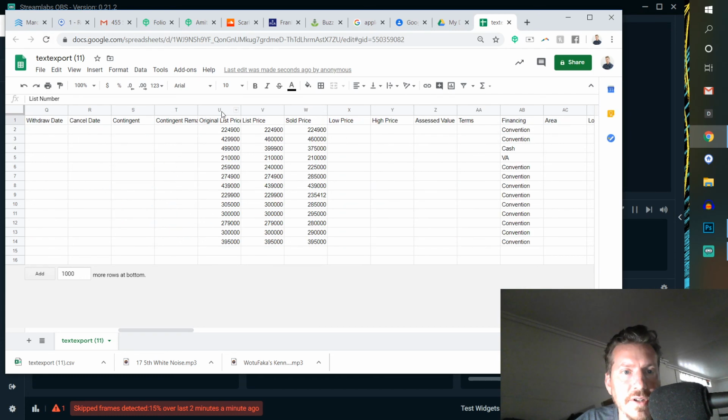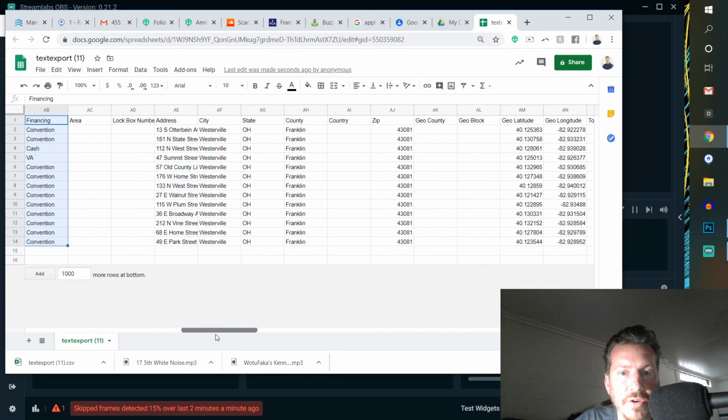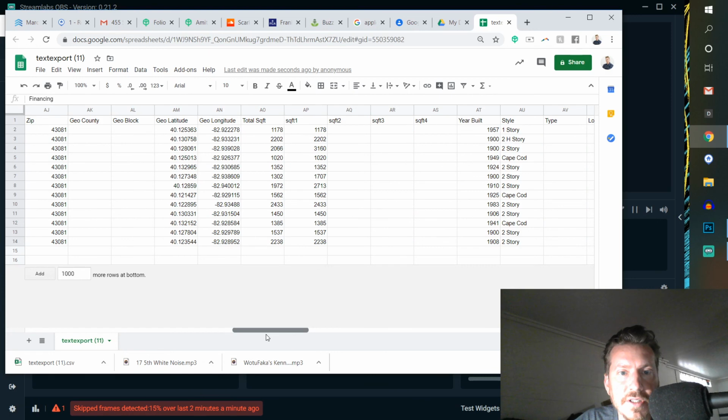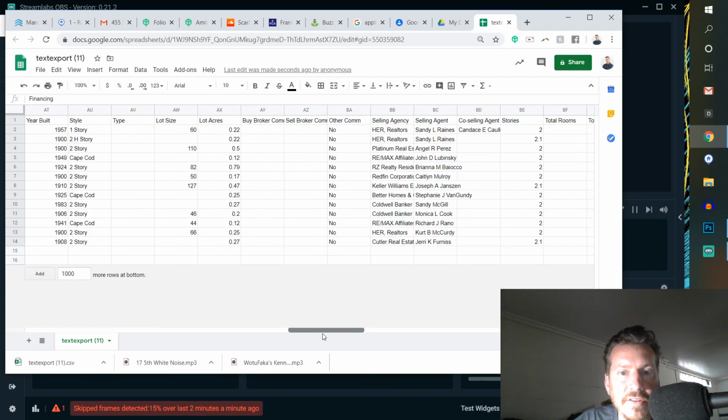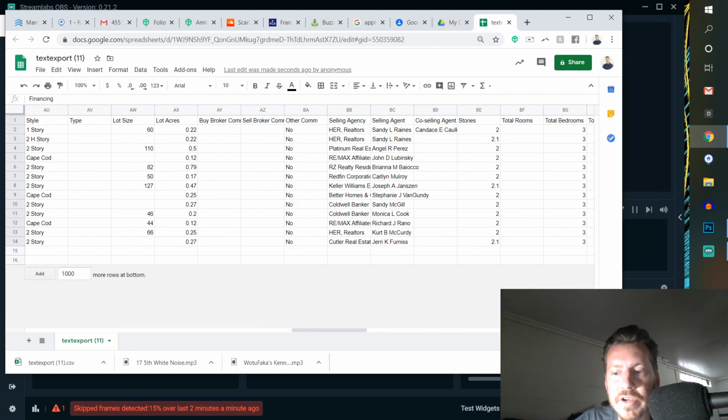Here's the original list price, the list price at the time it went in contract, and the price it sold at. So obviously, and then it even gives loan types, which I think is very helpful to me for what I'm doing. It isn't necessarily helpful in doing comps, but you've got additional data, total square feet, all that good stuff. So hopefully this video helps you do